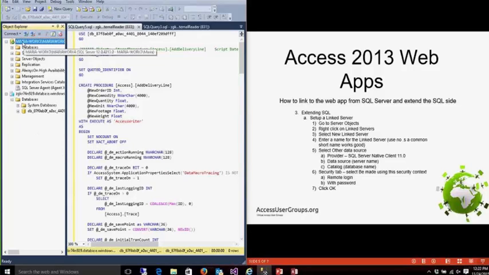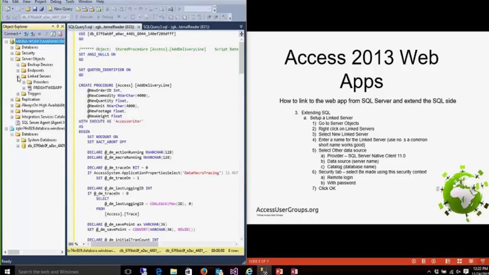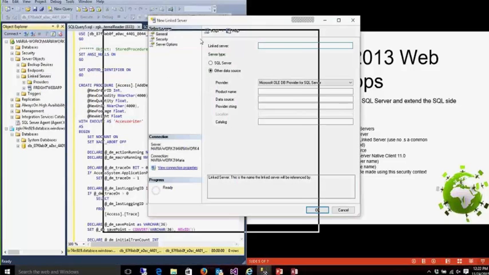The first thing you need to do is set up a linked server to the database and server here. Under the server objects, there's a section called linked servers. I've already done it here, but when you do it, you right-click on it, select a new linked server, you enter a name